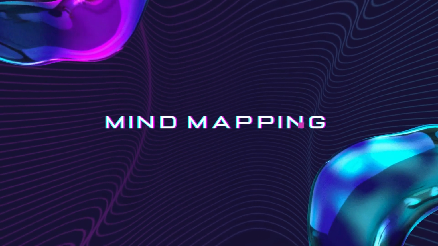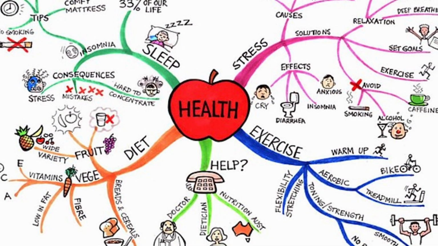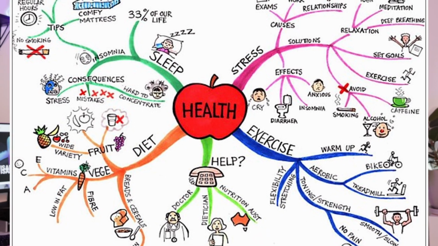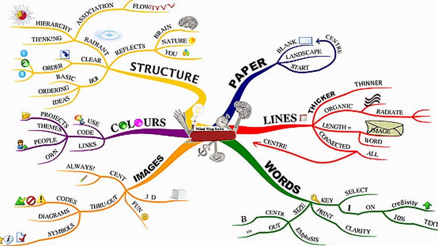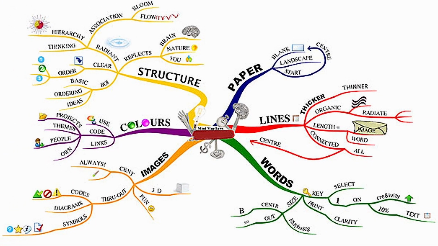Let's get into it, organizing my thoughts. Alright, so coming in at number 1 on our list of ways to mind hack ourselves, we have mind mapping. You can use mind maps to visually represent ideas and their relationships to each other. You start with the central idea and then you branch out into subtopics so you can really get a big picture of the overall connection of these ideas.